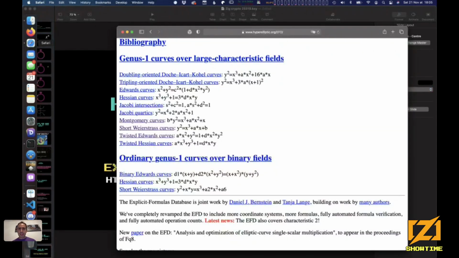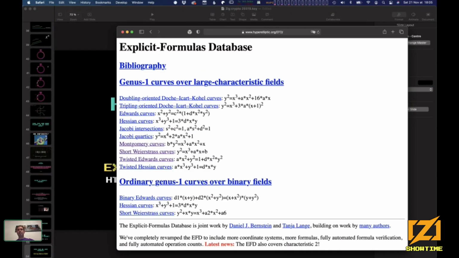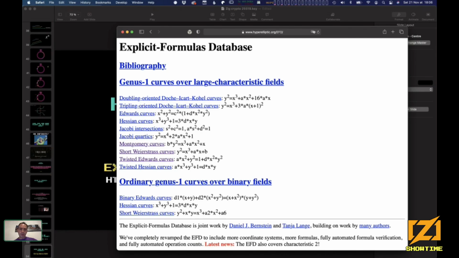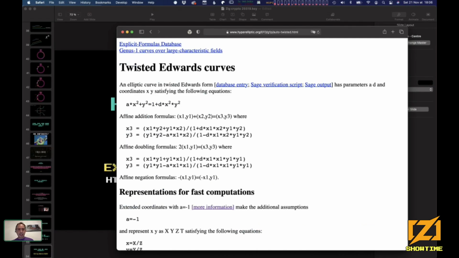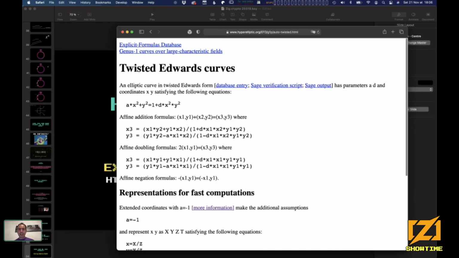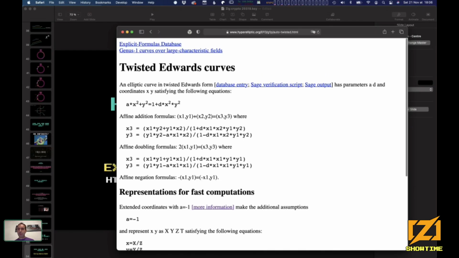Because it's really cool. So it's a pretty ugly website, but it's very useful no matter what. It looks like this. So we have different kinds of elliptic curves. You can see the form of each elliptic curve. So, for example, for Edwards curve, which is Edwards 25519 that we have in Zig, this is what the equation looks like. Could be any D right here, any A, but this is a general form of twisted Edwards curve. And the website tells you, okay, this is how to add 2 points.